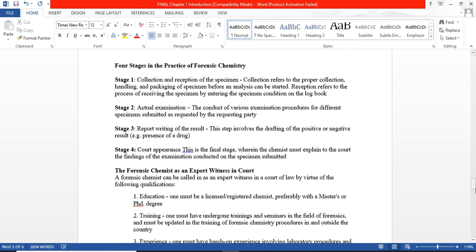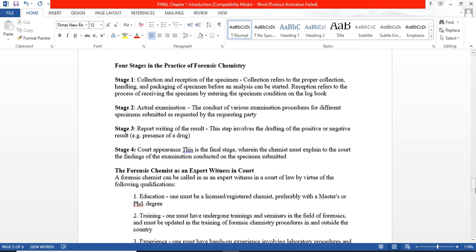Next, stage 2, actual examination. Conduct the various experimentation procedures on the different specimens submitted as requested by the requesting party. Kung ano man lang gin-request, amo lang na ang i-perform. Hindi na pagdugang-dugangi kay irrelevant, aside lang kung ang gin-request mo is broad or tanan nga test nga possible, pwede mo maobra-obrahon mo. Pero kung specific lang, hindi ka na magdugang pa sang other pang test